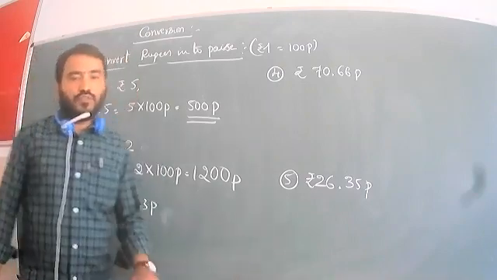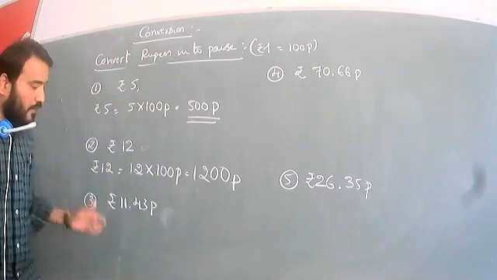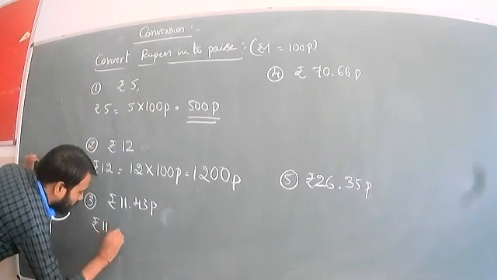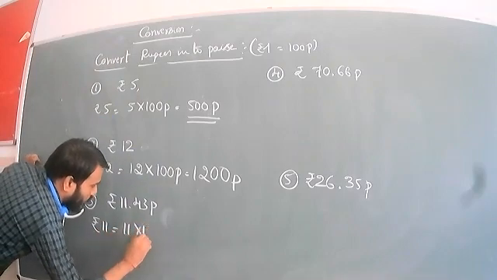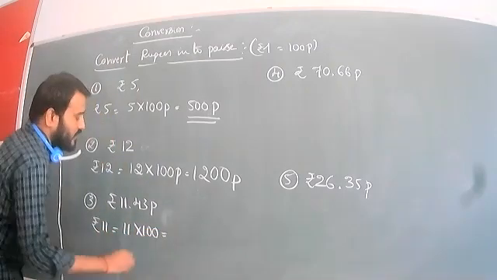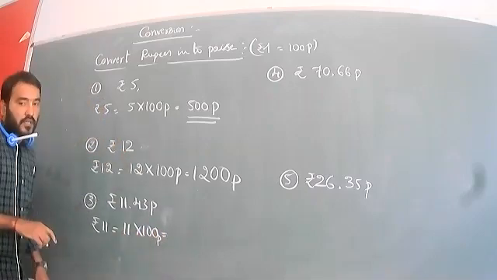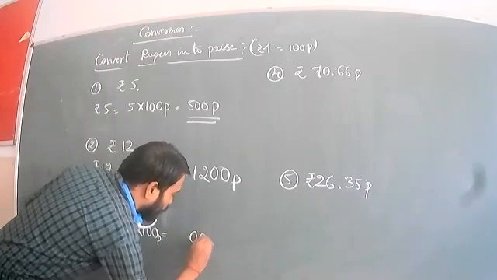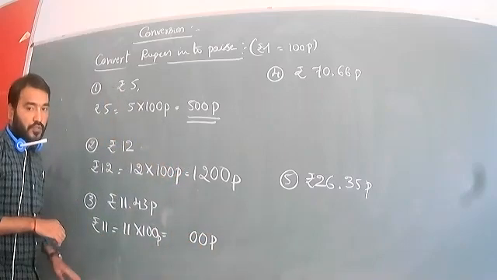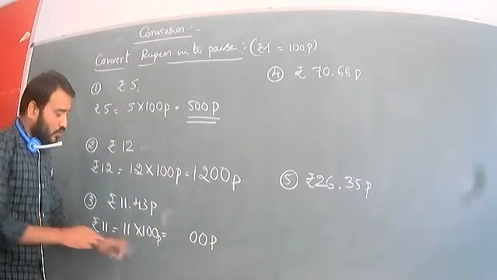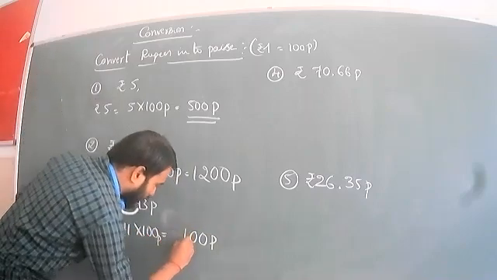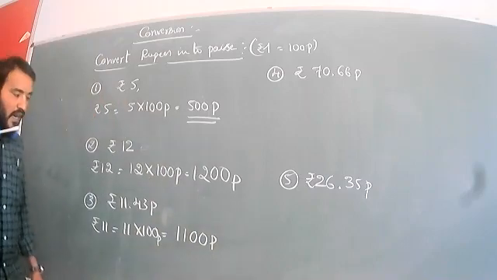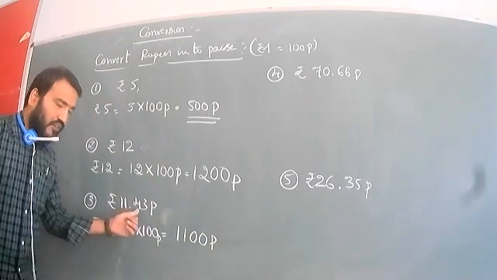This is the question, so let me convert it to paisa. How do we convert? First 11 rupees is taken. 11 rupees, 11 into 100 paisa. 11 rupees into 100 paisa equal to what value? 1100. First, how many zeros? First we should write 2 zeros. 11 paisa, so 0 0. How many zeros? 2 zeros. First 1 into 1 is 1, 1 into 1 is 1. So we get 1100 paisa. So what about the remaining 43 paisa?